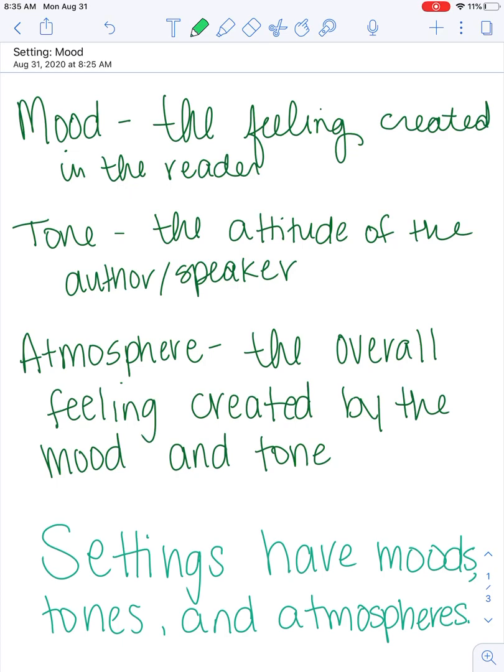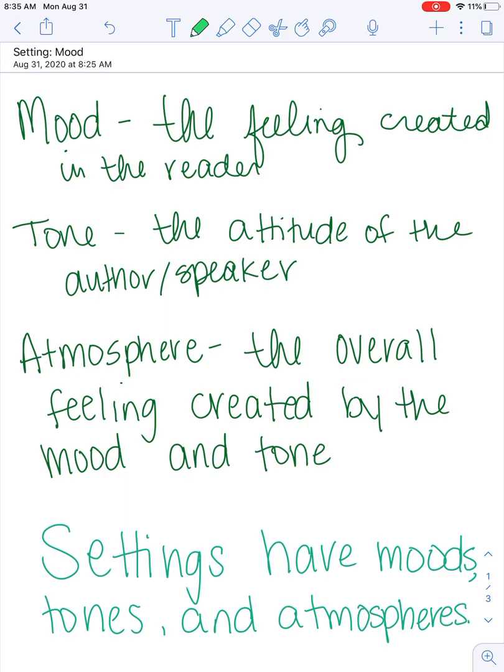Now think about your least favorite place in the world. What does that place feel like? Thinking about that, you can tell that places have feelings. Places create feelings in us, and places just have a general sort of atmosphere when you walk in. They feel a certain way.